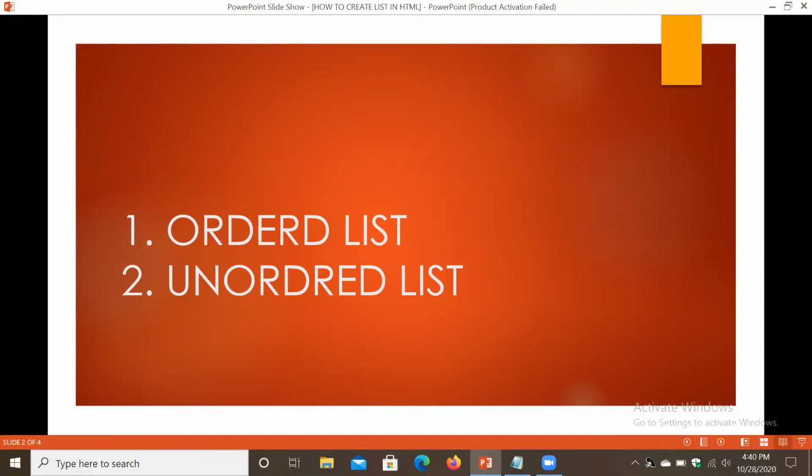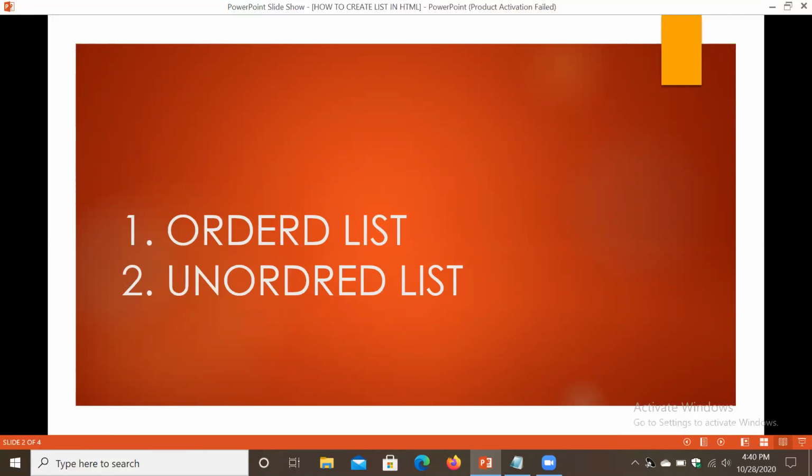Next thing, unordered list. So what is unordered list? In unordered list, we don't get numbers, we get symbols in front of our list items, like a star or bullet.